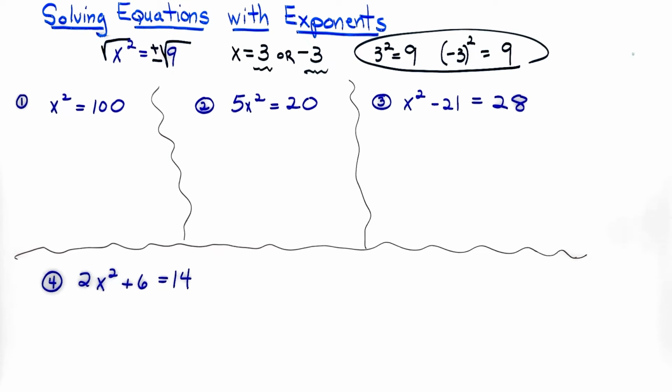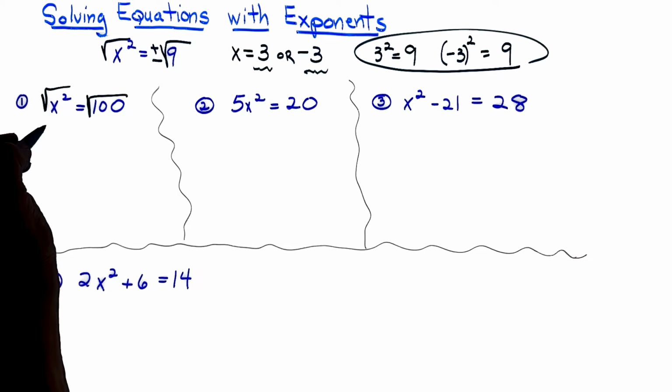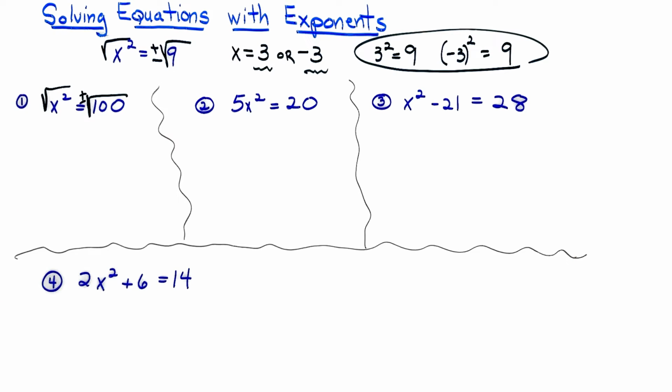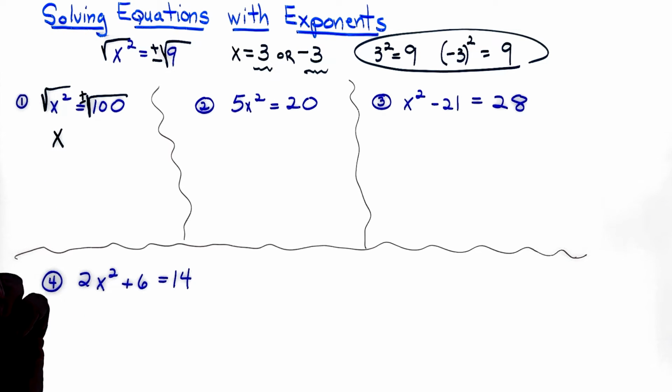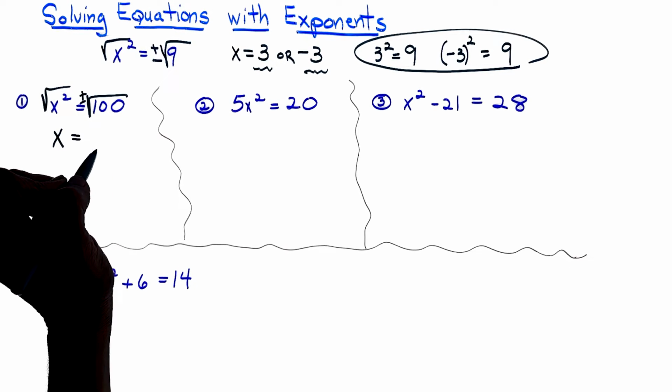All right, well, let's solve a few problems today. This next one is just like the example. x squared is equal to 100. We're going to see that there's no other numbers with the x squared, so we're going to take the square root of both sides, and when we do that, I even like to put my positive and negative sign right up there. I end up with the square root of x squared is just x, because we know x times x is x squared, and the square root of 100 is 10,